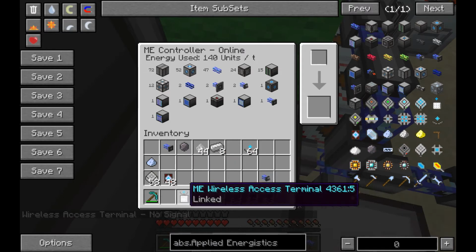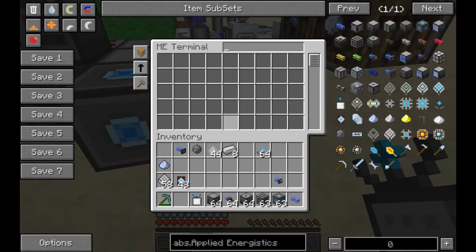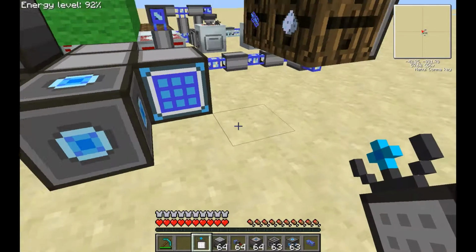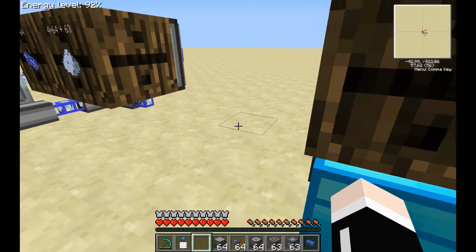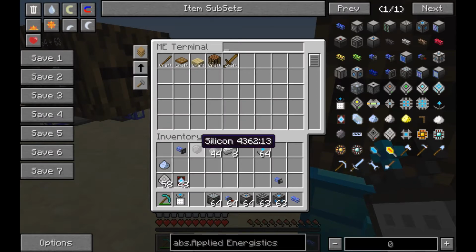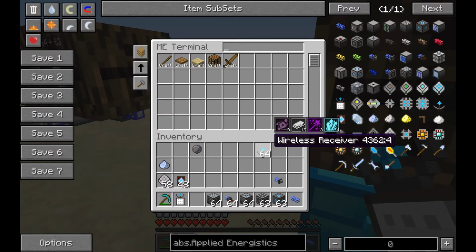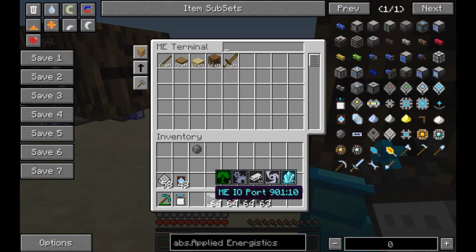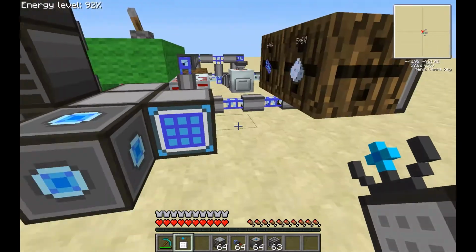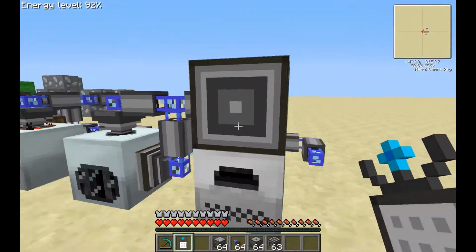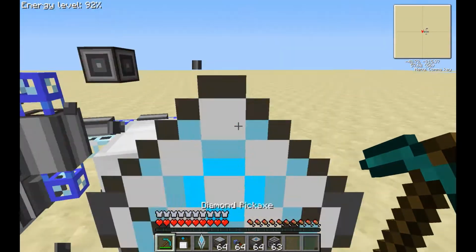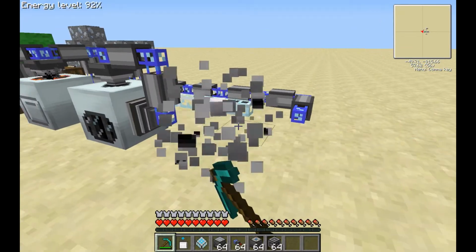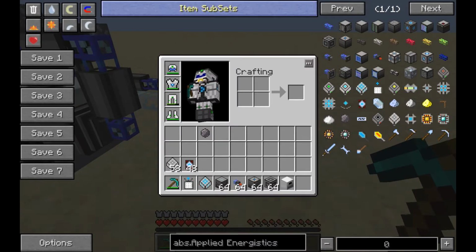So it's really handy. This way you don't have to worry about being right in front of your terminal to be able to access stuff and pull stuff out. And let's go ahead and throw some of this in here. Dust and quartz dust. Access point. There we go. All right. So let's use a different machine here to more easily demonstrate my purpose there. So let's pull this out and